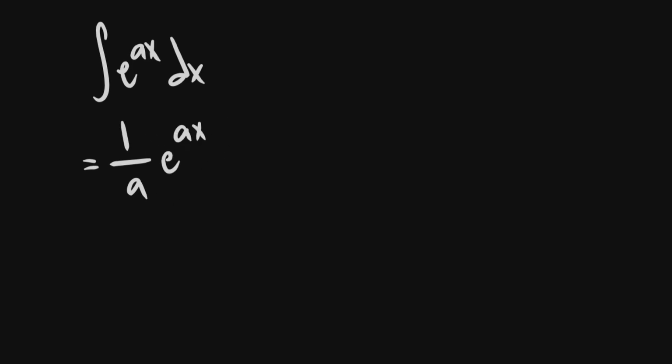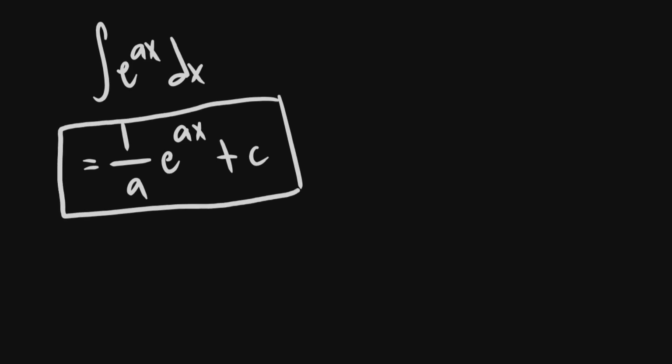So what's happening here is that in the exponent of the e, we should pick the constant and place it at the bottom, in the denominator. So the answer should be 1 over a, e raised to ax, plus c. So that's it. Another example that I should give you is